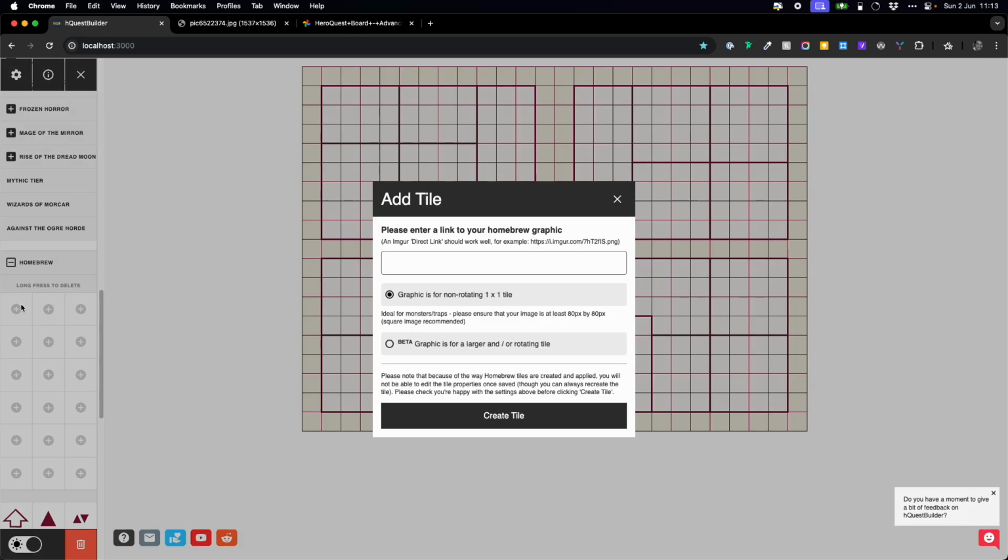If you click the little plus icon here, previously there was a modal which just allowed you to enter a URL and that was it. You'll notice this is a little bit more involved. What you have is the ability to do exactly what you did before. So if you want to, you can just link to an image that you would like to add as a